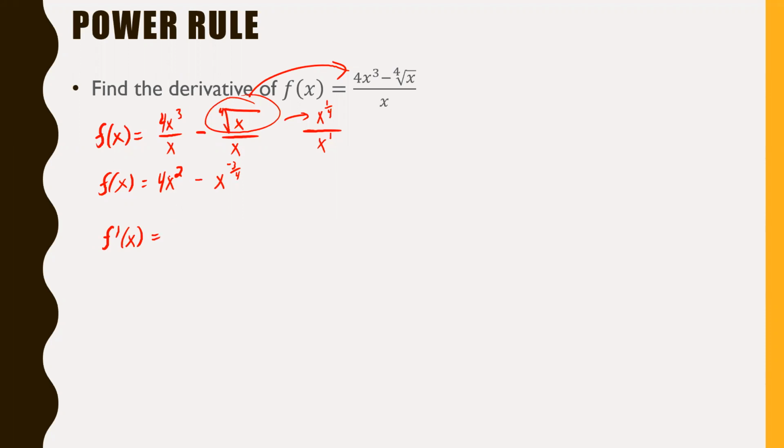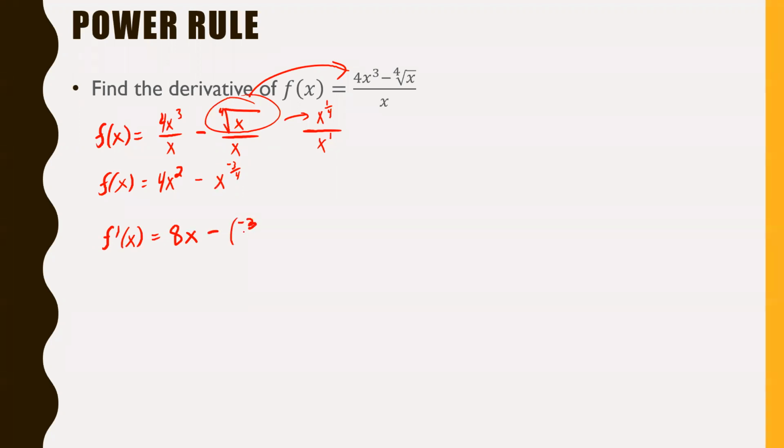We'll start with this first one, the derivative of 4x squared. You just drop the 2 down out in front. That would make that 8x. Knock the exponent down by 1, which makes it 8x to the power of 1. And then as for this one, its exponent will also have to drop down out in front. So this is going to be minus